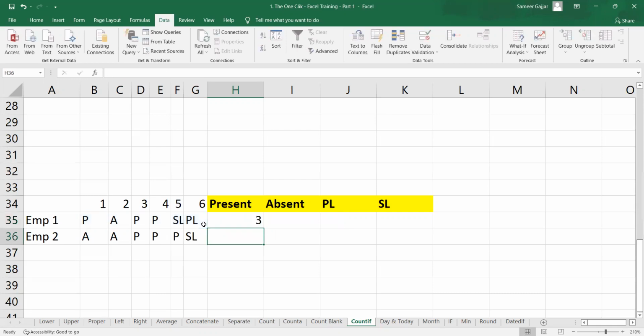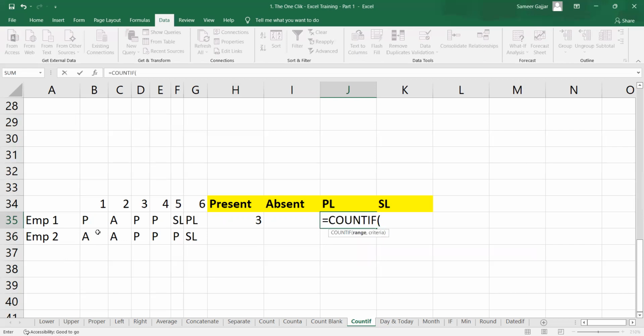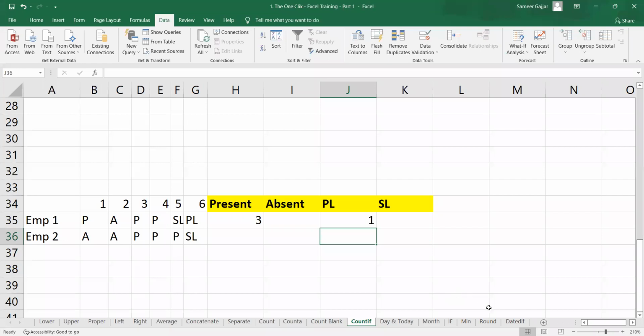So you will find the present. If you want paid leave, again COUNTIF, select the data of the particular employee, comma, you need paid leave, so "PL" in inverted commas, complete and close the bracket. So you will find the paid leave. So we will use COUNTIF to find the particular data from the whole database, and count the numerical values in total. So yes, COUNTIF is useful to find the data, right? Then